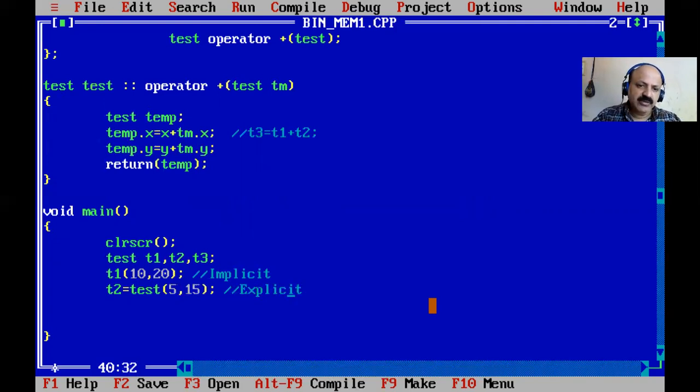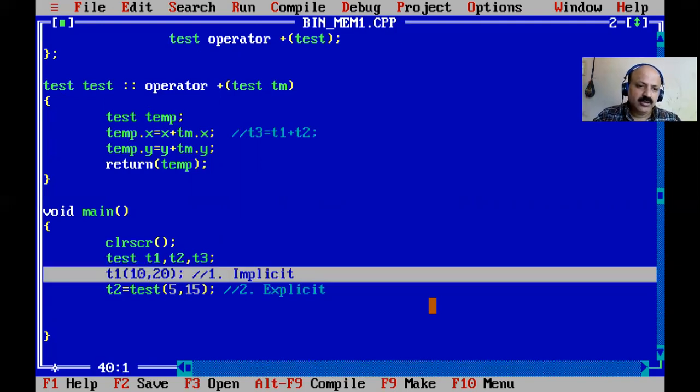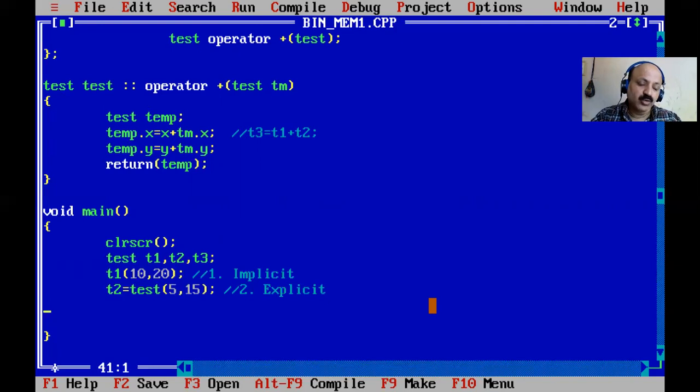So that technique, the constructor is called explicitly. Here we cannot give the class name, but t2.test and the two-parameterized constructor. So that is our member call, that is the explicit technique. So there are two techniques, implicit calling, technique number 1, and technique number 2. Okay, so that is very short but meaningful, but we have to understand it first, and then operator overloading we can also call in two techniques, implicit and explicit.